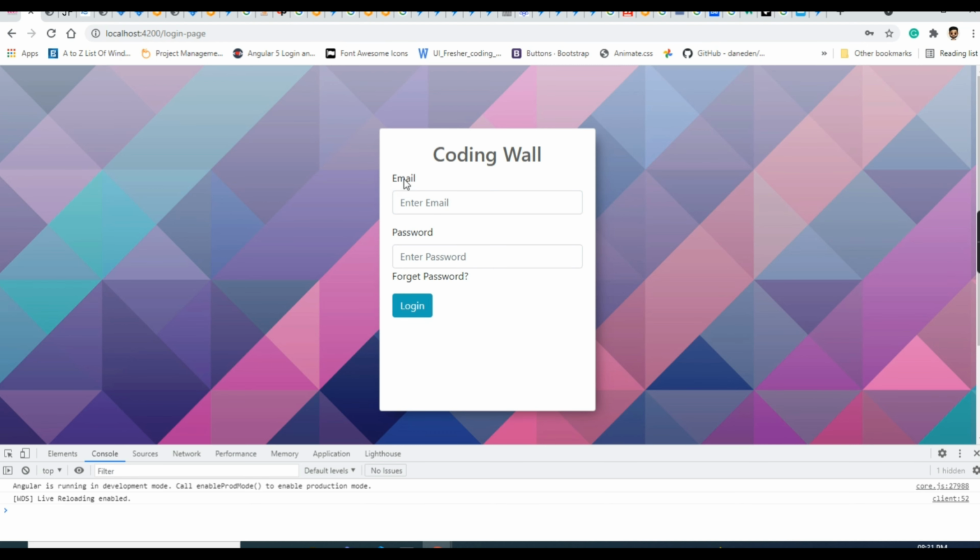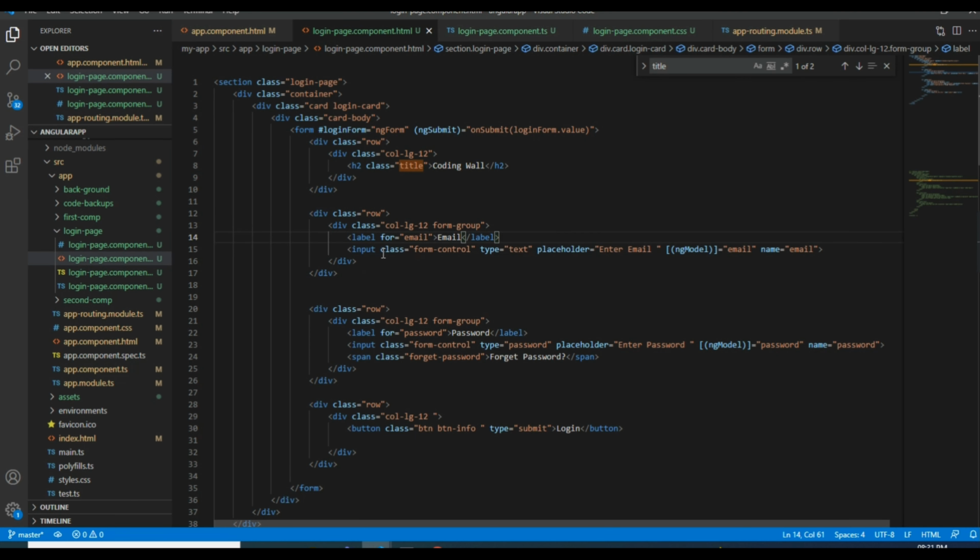If I click here, okay, I need to give ID here. I have said before why I am using for here, right? Email for password, ID, password.